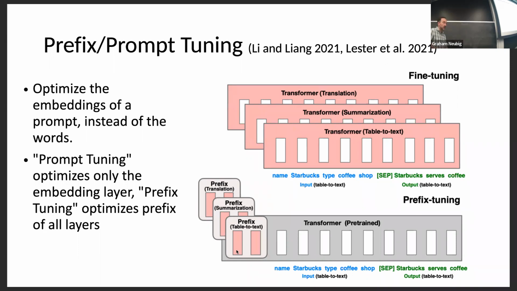This is a method called prompt tuning. So prompt tuning, basically what it does is it appends these embeddings to the very beginning of the sequence and then runs them through the transformer. There's also another method called prefix tuning, which is kind of complicated, that we have two methods that sound very, very similar. But prefix tuning is doing essentially the same thing, except instead of only tuning the embedding parameters, it's tuning a prefix that you append to every layer of the model. So basically every